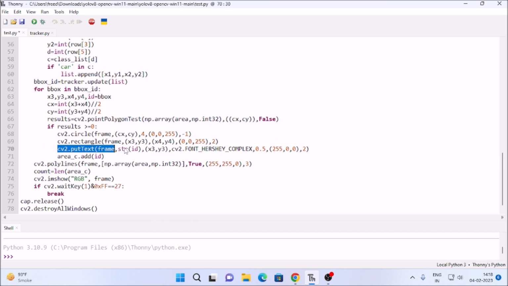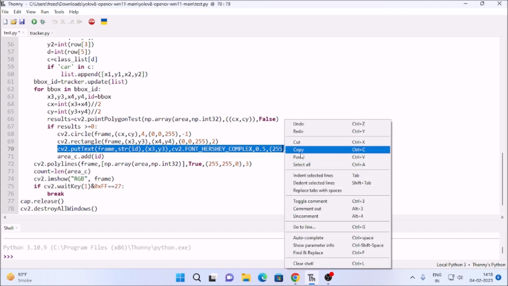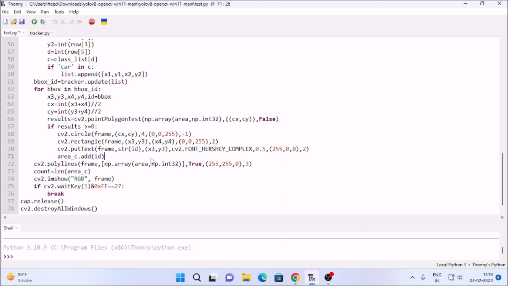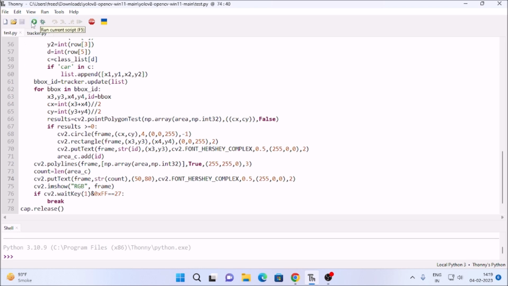So let's copy all these things, copy it here, after that count variable, and then we are going to change our string with our count variable, because our count variable is our counter, and here we need to mention particular points. So let's say 1580. Okay, so if I save the code and run the code,